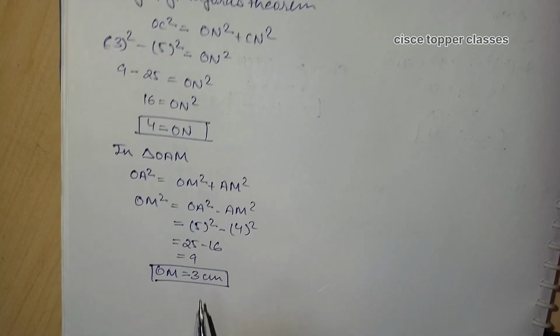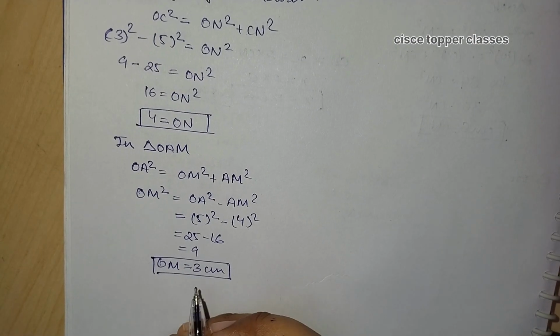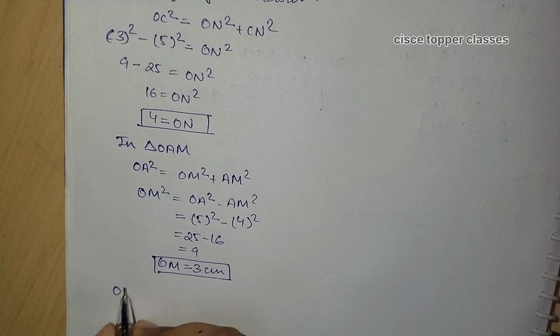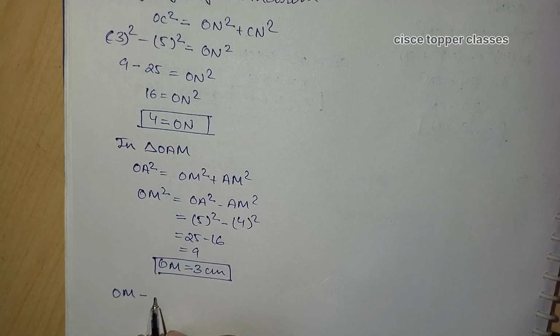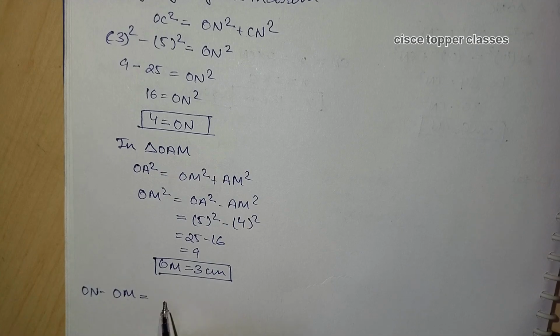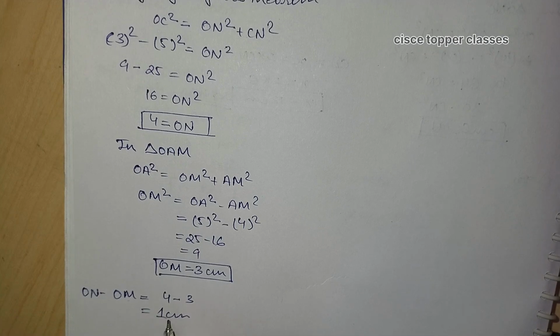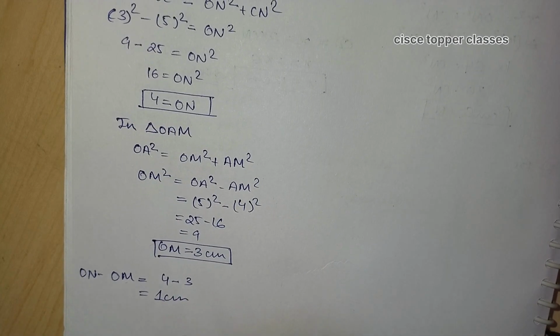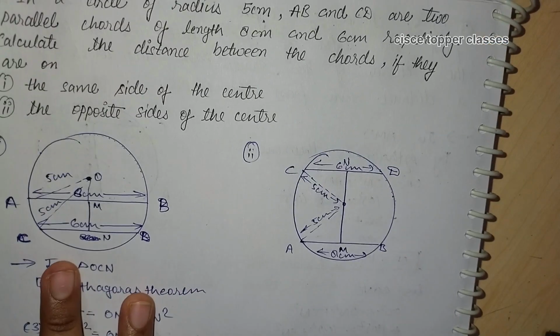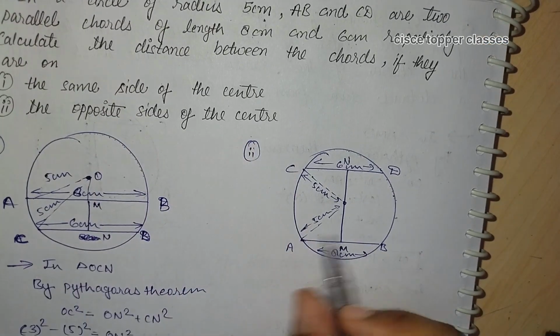As OM is equal to 3 centimeter and ON is equal to 4 centimeter, we can find the value of MN by subtracting OM from ON. So this will be ON minus OM, on putting the value of ON here as 4 minus 3. This will be 1 centimeter, which means the value of MN here is 1 centimeter. Now on solving the second part, when the chords are on the opposite side, we have to find the value